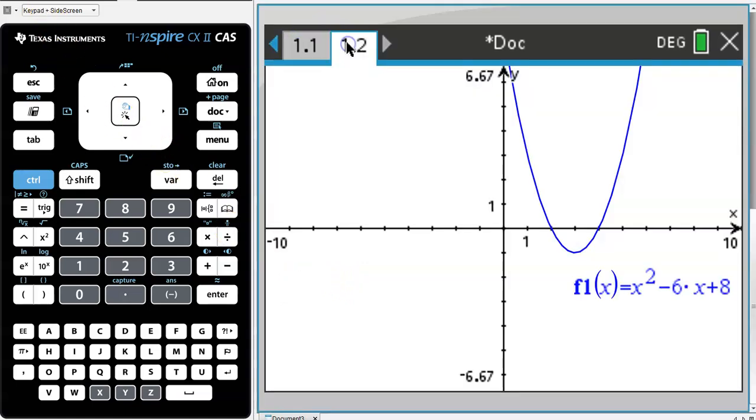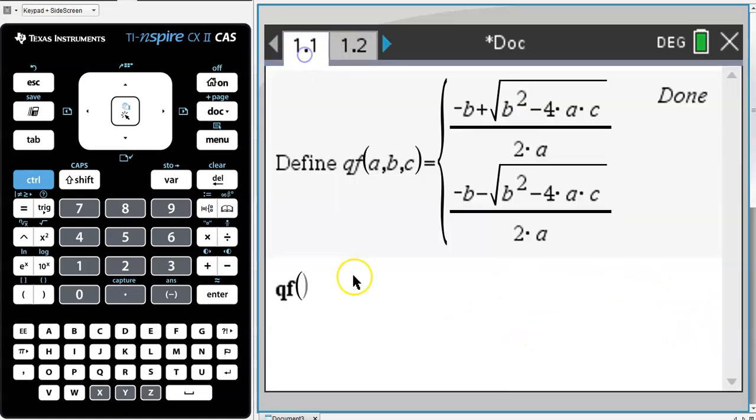Now if I jump over to this graphs page, you can see a quadratic's been graphed, and we may use the quadratic formula to find these two zeros of the function. So this function was created with this equation, x squared minus 6x plus 8. So that tells me we have an a value of 1, b value of negative 6, and a c value of 8. So if I type 1, comma, negative 6, comma, 8,